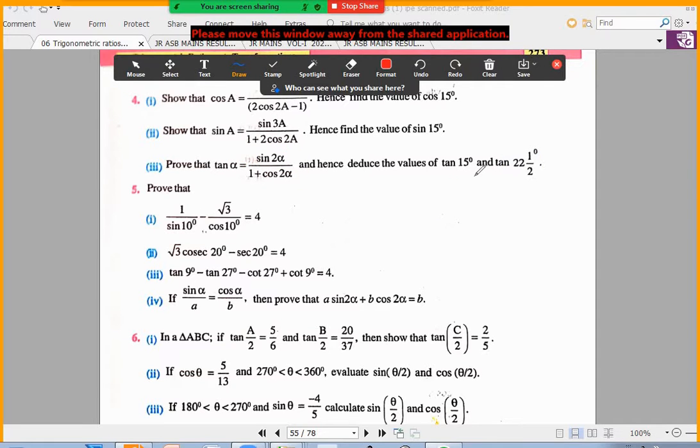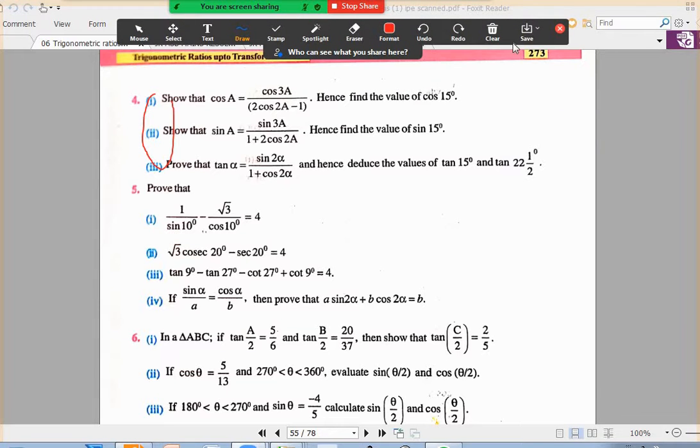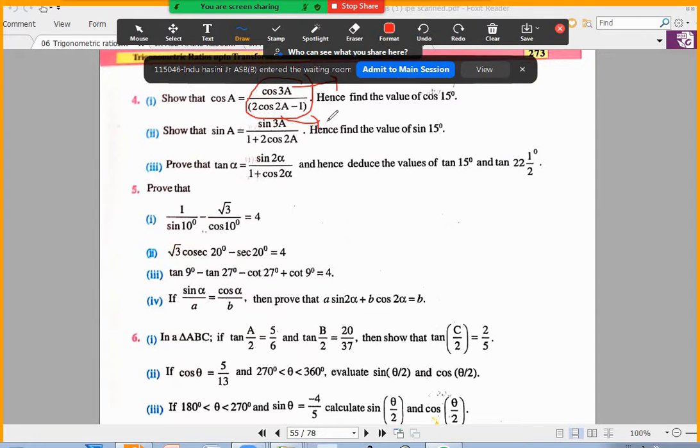Sir, can you give an idea about those three sums, sir? Just three sums. Which one? This one? Yes, sir, all of those three. Don't start with LHS, start with RHS, it will be easy. For example, coming to this cos 3a formula, you apply it. Cos 2a you write 2 cos square a minus 1. In the numerator, cos a will come common, they'll get cancelled, and you'll get cos directly.